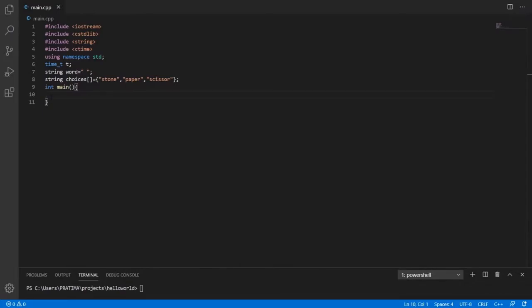Now there's a very small request: pause the video for a moment and think about what the logic can be, because now I'm going to write my logic straightforwardly, but I want to assure you that you can make your own logic for the same thing, and I believe your own logic will help you move forward in building your own code. So I am creating an infinite loop for myself.